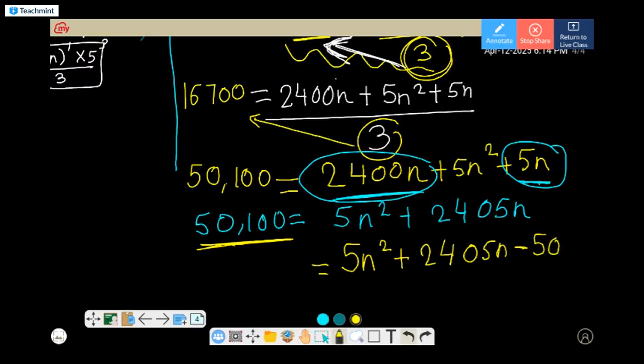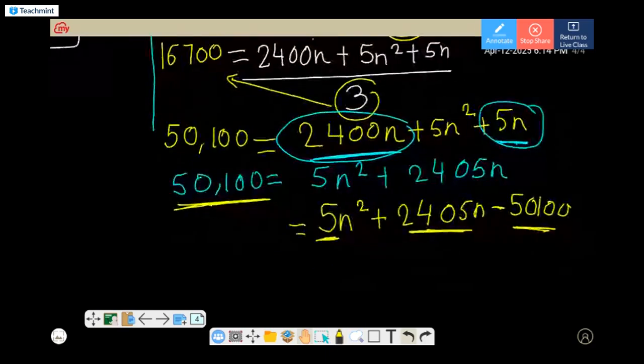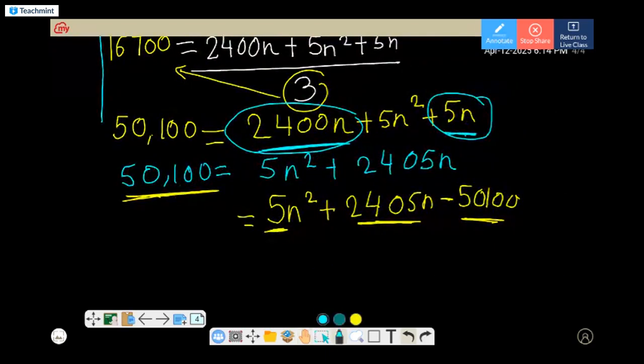Why are we shifting? So that we get a quadratic equation. And you can simplify this if you want. You can see all these numbers are divisible by 5, so you can divide all of them by 5. So you will get n square. Here, if you divide by 5, you get